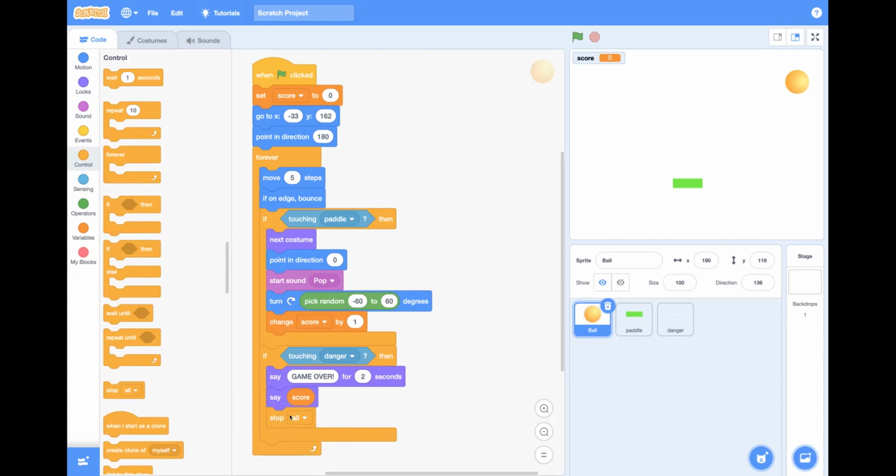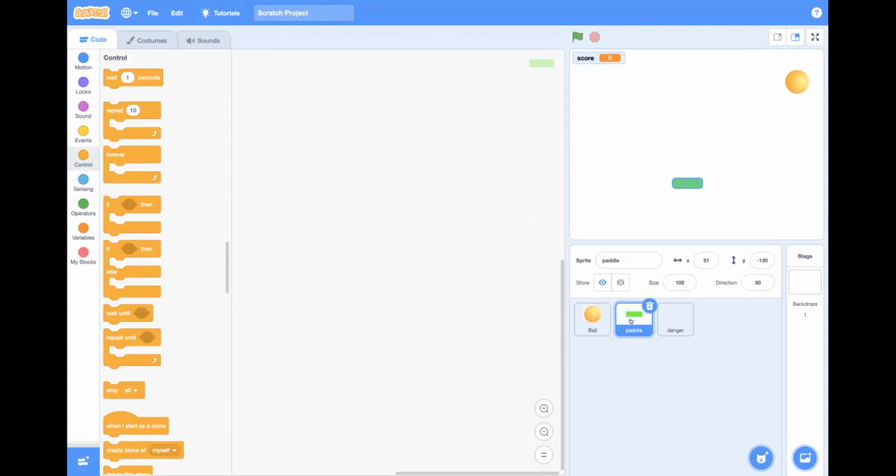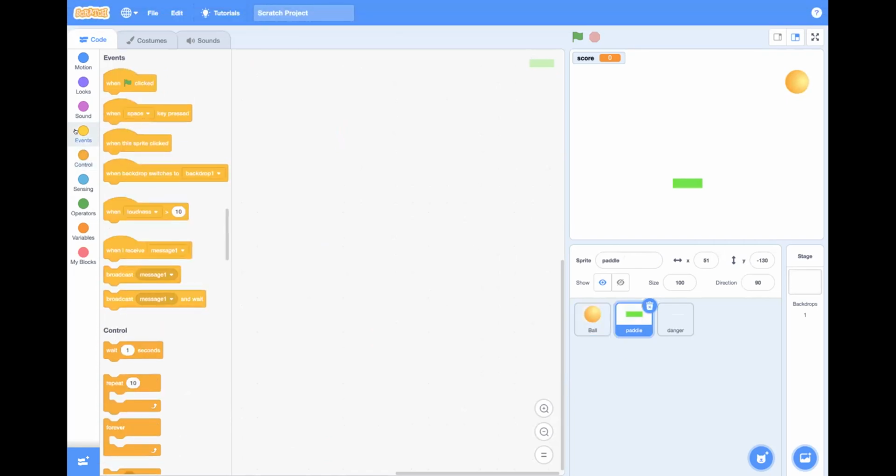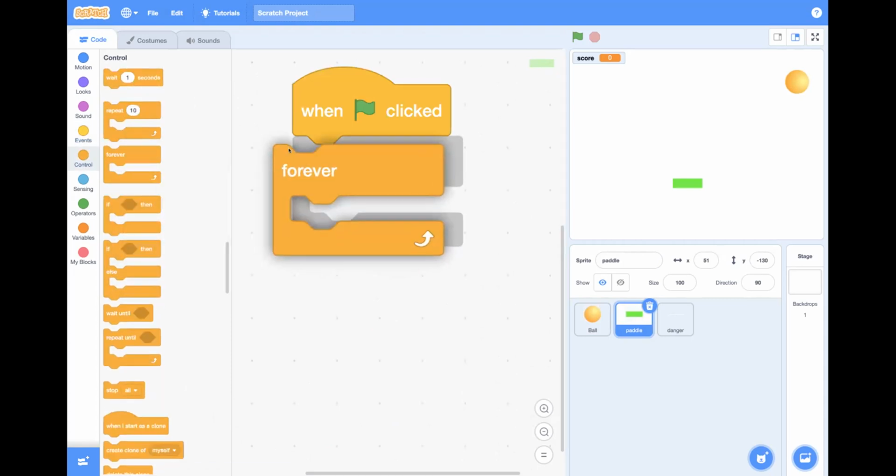For the ball, the last thing to code is the pedal. So after coding the ball like this, you go to the pedal, and the pedal code is very simple. You just go to control. You can begin with any. Say when green flag is clicked, I need to go to control to get the